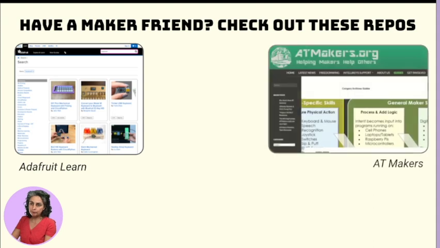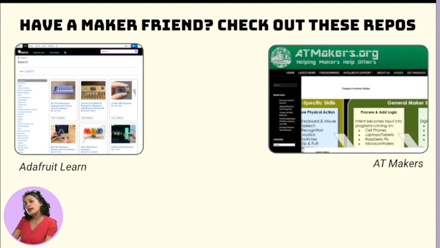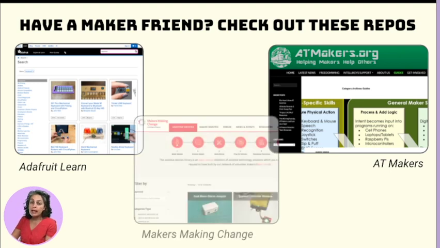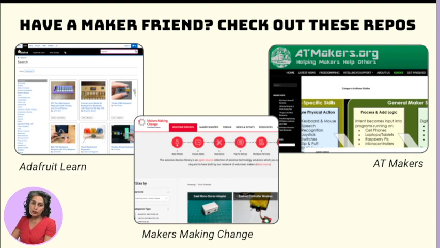Another great resource is the AT Makers website, led by Bill Binko. He's got some great projects out there and also instructions on how to build them. And the Makers Making Change Assistive Device Library has instructions on how to build very many switches and switch interfaces, and the instructions are very user friendly, and it also comes with a bill of materials, so you know ahead of time what you're going to need to build and make